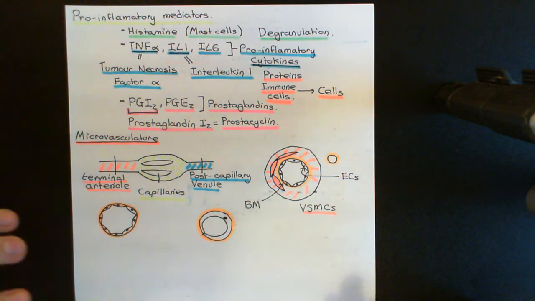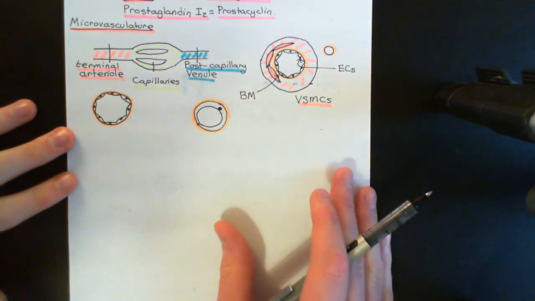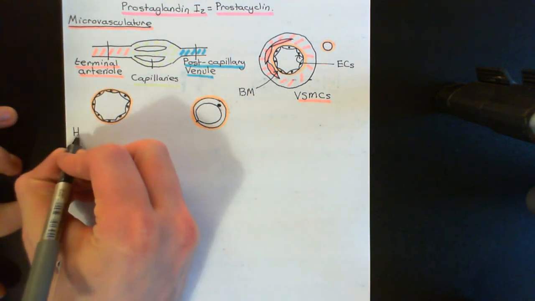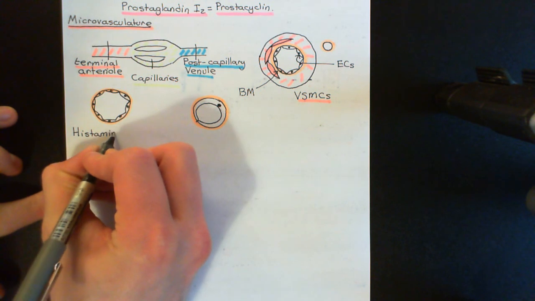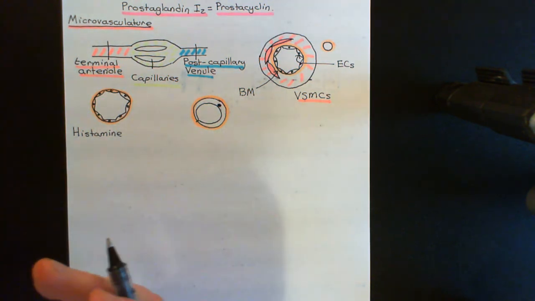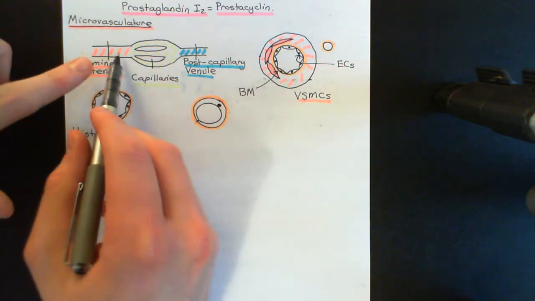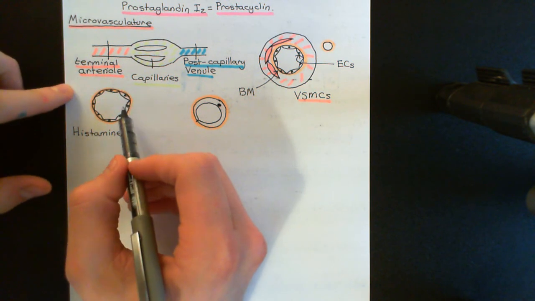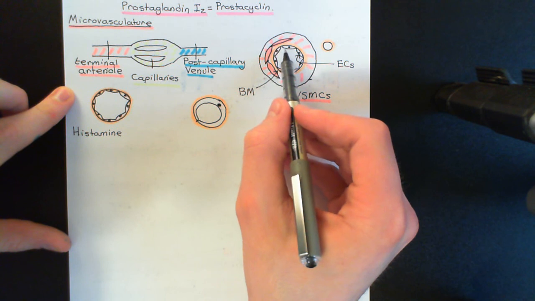So, what I'm going to begin with then is histamine and the effect that histamine is going to have on the microvasculature. Okay, so histamine is going to act on the endothelial cells of the microvasculature. So it's been released by our mast cells, it's now gone into the extracellular fluid, and it will now be able to diffuse around to these microvasculature blood vessels, and it will be able to bind to receptors that are on the basolateral sides of the endothelial cells of these